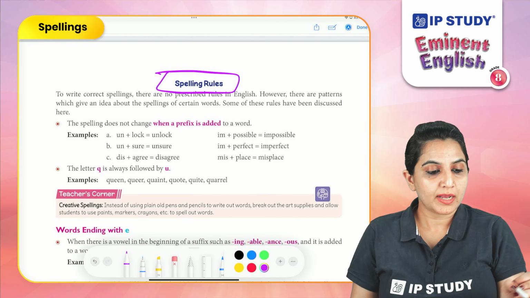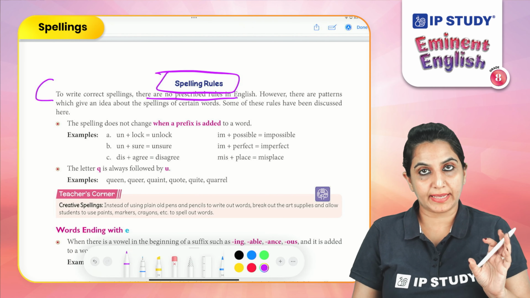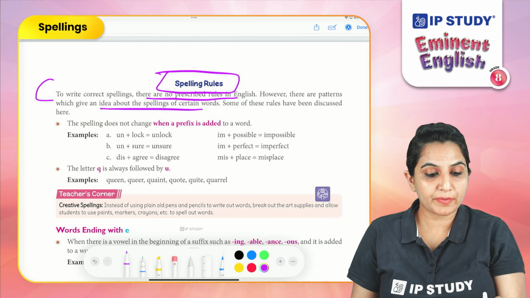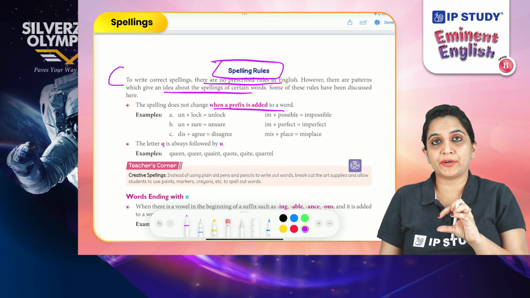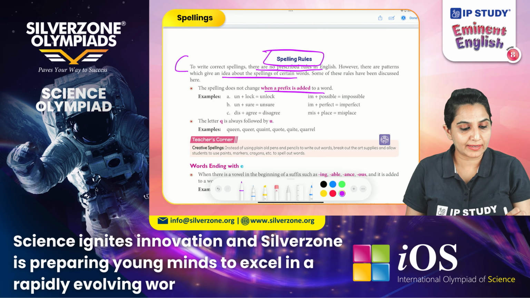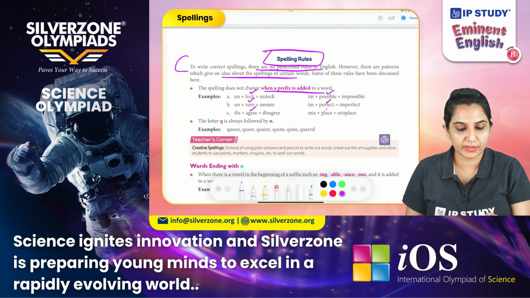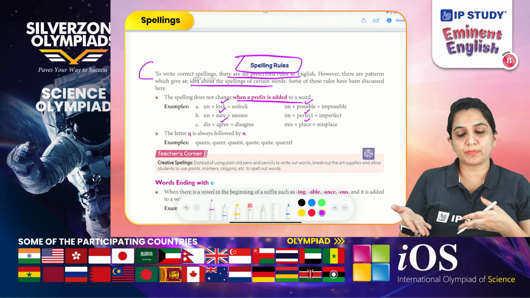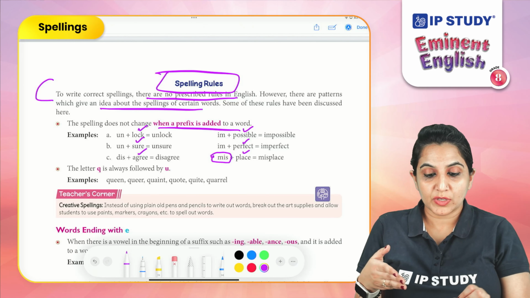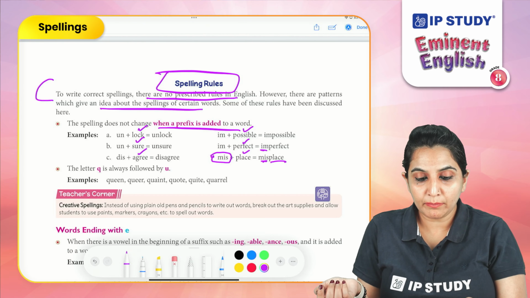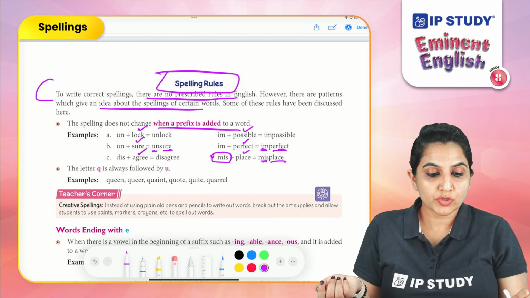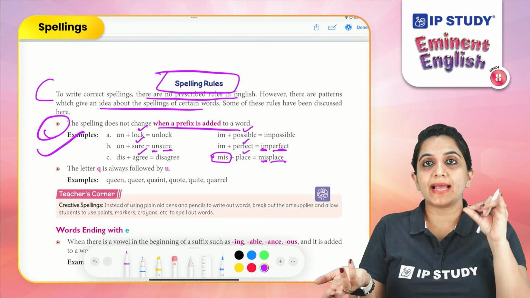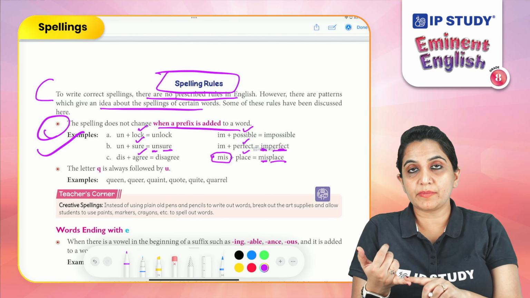Some of the spelling rules: there are no prescribed rules in English, but there are certain patterns which can give us an idea about the spellings of certain words. Like when a prefix is added to a word, that means the word is already complete. Like lock, sure, agree, possible, perfect, place. These are complete words already. But to form new words, like place, misplace. So mis is added as a prefix. Mis with place, im with perfect, un with sure. So when a prefix is added, just to get new words, lock. The opposite of lock is unlock. So just by adding a prefix to a complete word, you will always remember the spelling and you will always remember